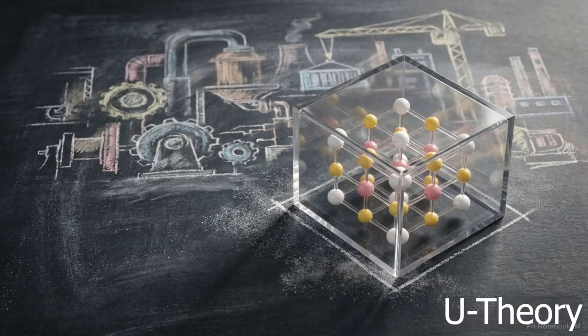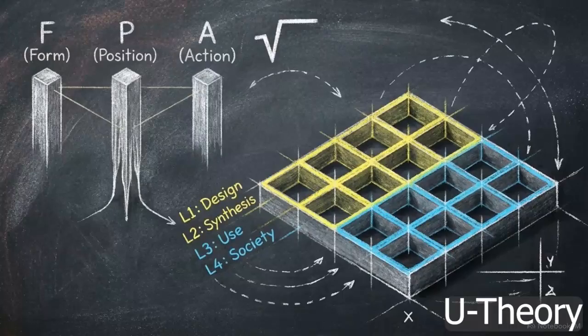Theoretical stability is only the beginning. A chemical node must survive evaluation across its entire real-world lifecycle. To track this, the triad extrudes downward to form a 4x3 operational matrix, covering 4 layers of the material lifecycle. Layer 1 covers inverse design. Layer 2 scores synthesized material stability. Layer 3 evaluates fitness, while Layer 4 judges its overarching societal role.